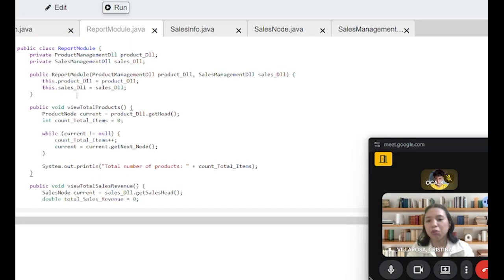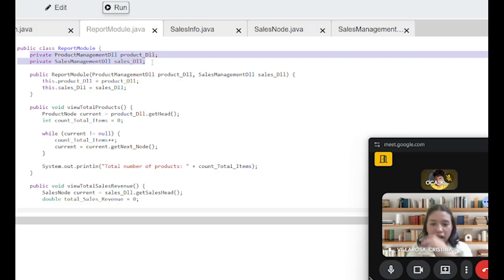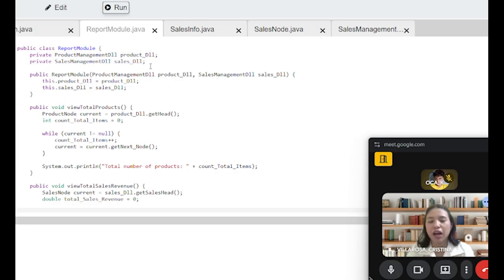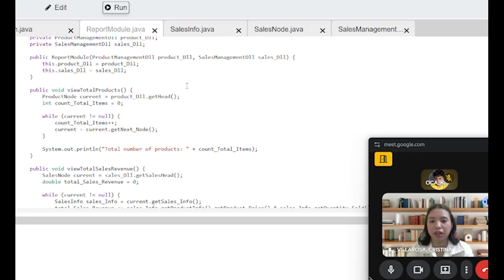First and foremost, we declared the public static items, which are the product management and the sales management. This constructor will call both processes, the product and sales management.